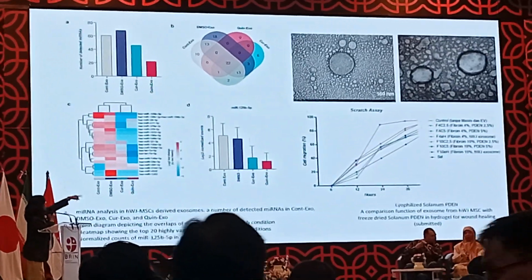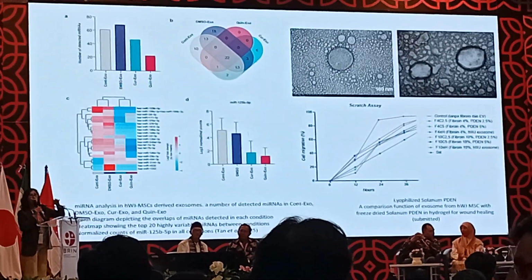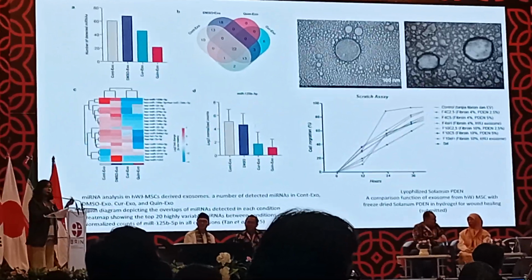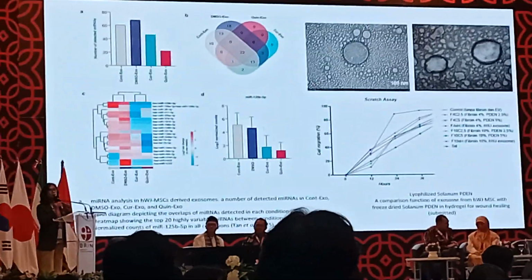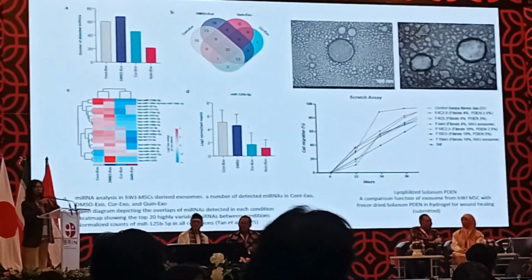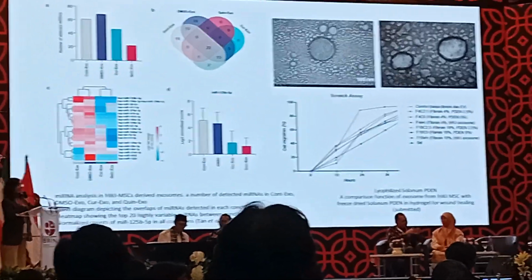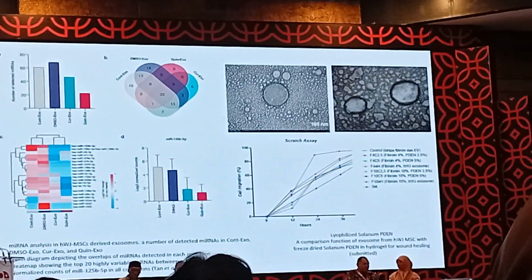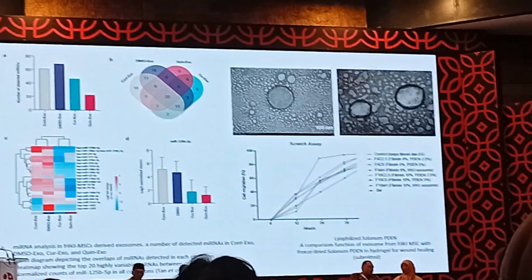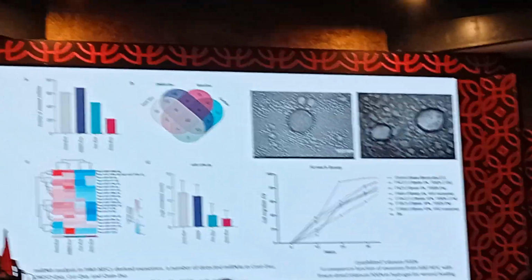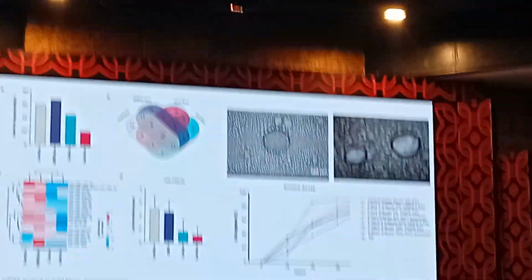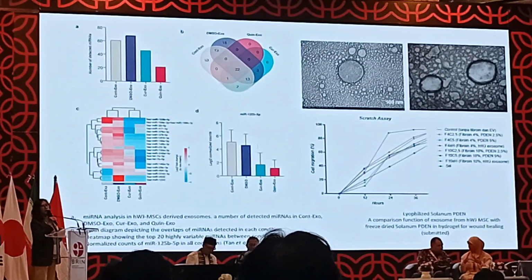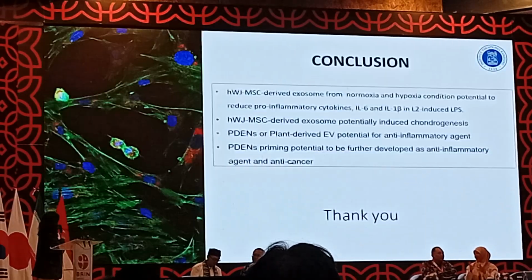And of course, if we compare exosome from mesenchymal stem cell and exosome from plant-derived, it is much better from stem cell. Yeah? You can see in the graph. But I think the plant one is very economical, very cheap. Yeah? So with a similar approach, perhaps we can elevate the concentration of the plant-derived EV. Next slide will be the last one.